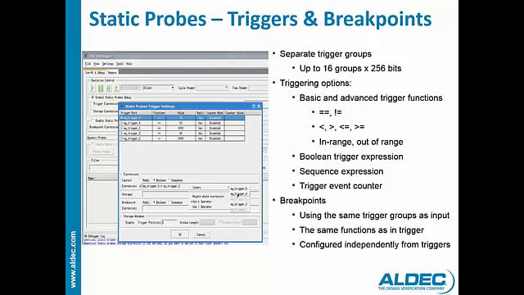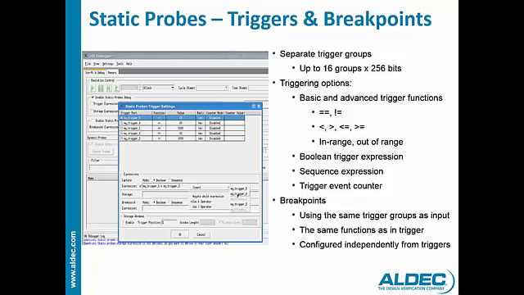The triggers are similar to static probes. The difference is that of the 16 groups that you can have, you can have up to 256 bits. Whilst this is a smaller capacity than static probes, triggers are just used to trigger expressions, and so fewer